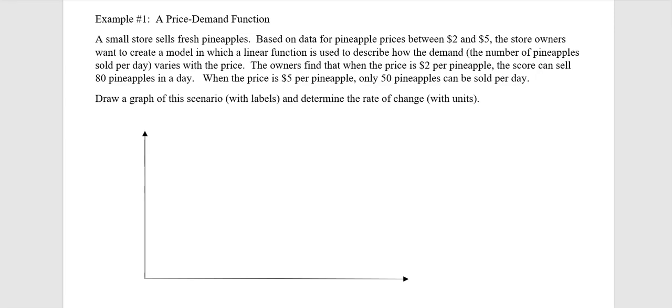The store owners want to create a model in which a linear function is used to determine how the demand, which is the number of pineapples sold per day, varies with the price. Now, this sentence is important because you may not realize it's actually telling you which quantity is independent and which quantity is dependent. Because of the way it's worded, when it says the demand varies with the price, what we're essentially saying here is that my price is independent because the demand is going to depend on the price of